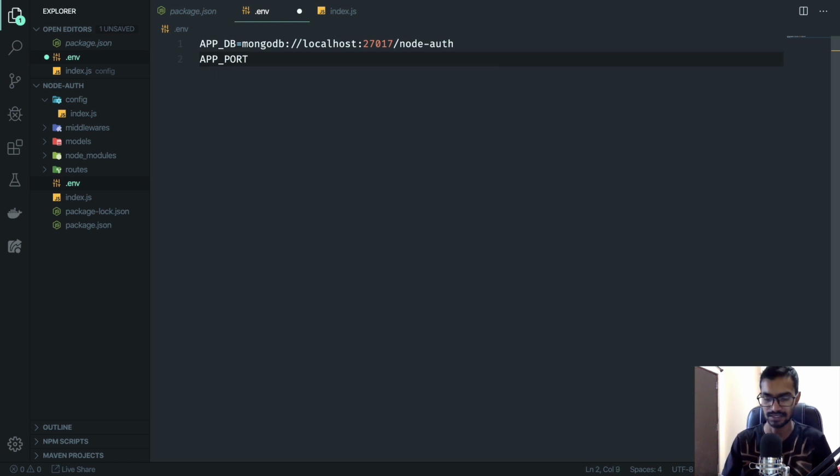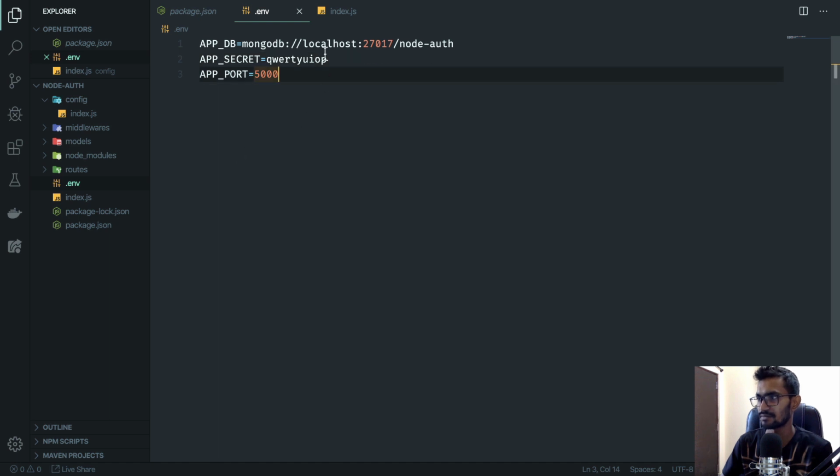Then app secret, and for now I'm going to use QWERTY. It can be any random string. It's just completely up to you. Sorry about this, guys. And here we have our 3 application constants which we brought in from there,